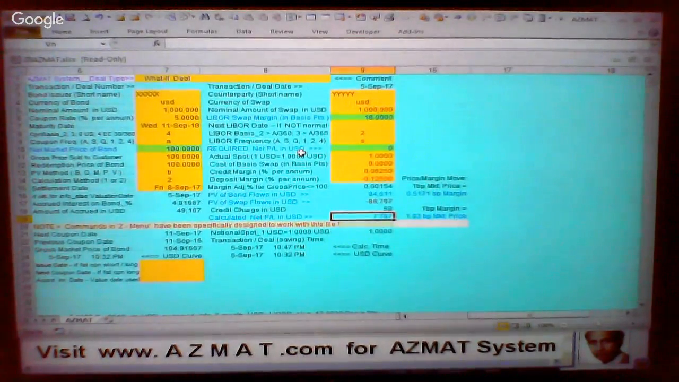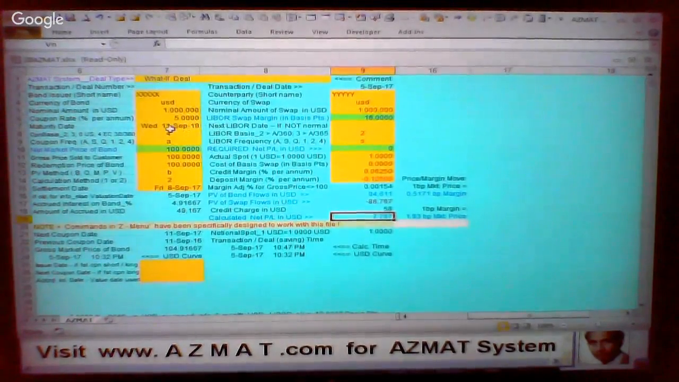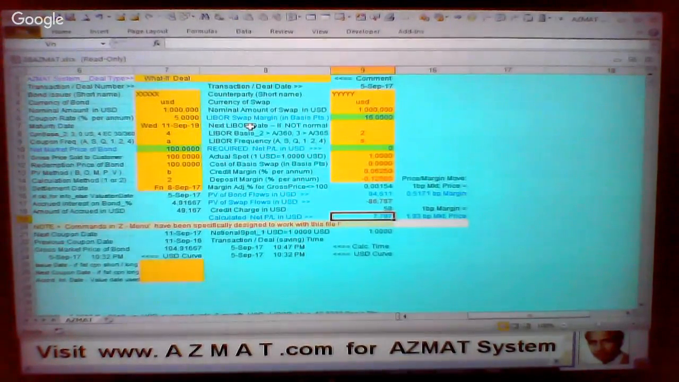And I've changed the maturity to 2019, Wednesday, 11th September 2019. So it's a very short-term bond. Currently, as I speak now, is 5th September 2017, and I'm choosing the maturity date as 11th September 2019. I mean, there may not be a bond, but let's assume there was a bond of these parameters and the